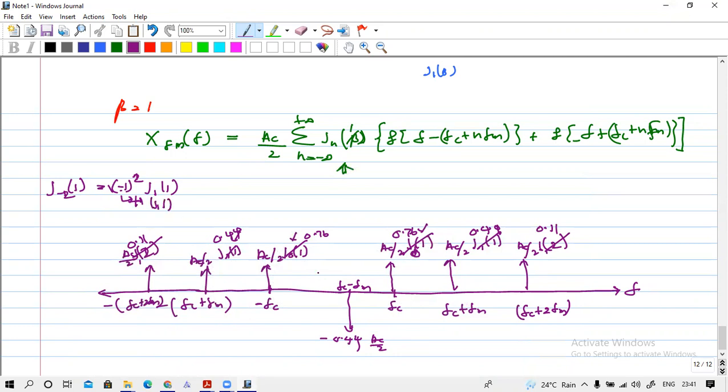So for fc minus 2fm you have a plus value, and it is equal to J2(1), 0.11. So likewise you can find the frequency spectrum, and to plot the power spectrum, what you have to do,